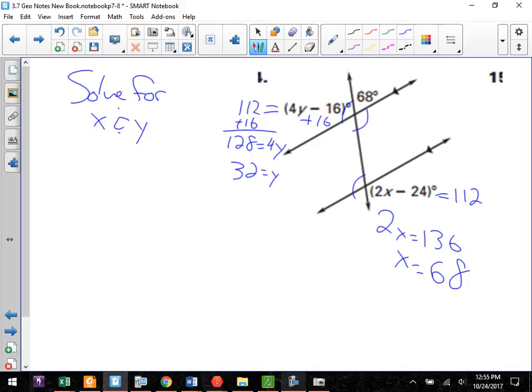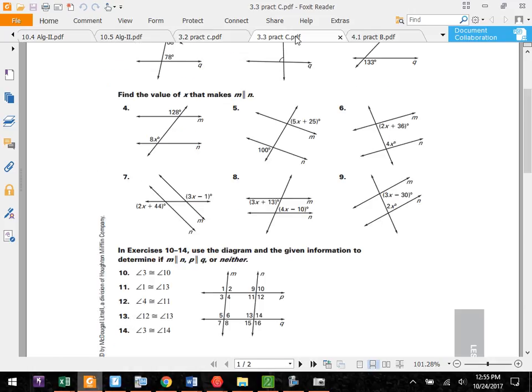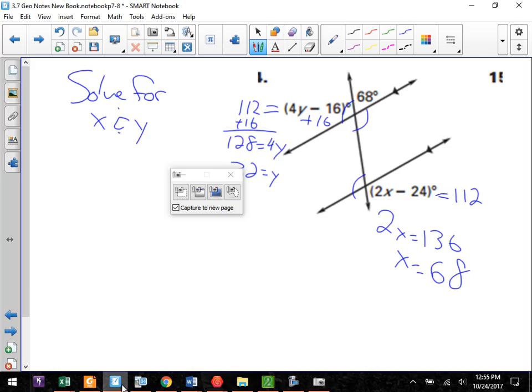Shouldn't be so bad. Now, not only do we use parallel lines and transversals to figure out what x's and y's were, sometimes you also had to figure out what was the value of x that made something parallel. For example, if I had something like this that didn't show up,